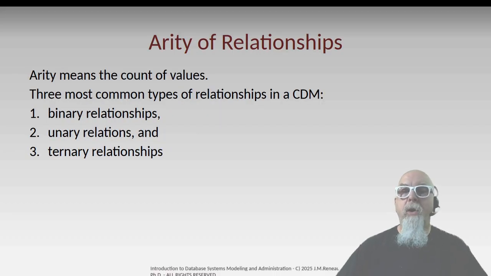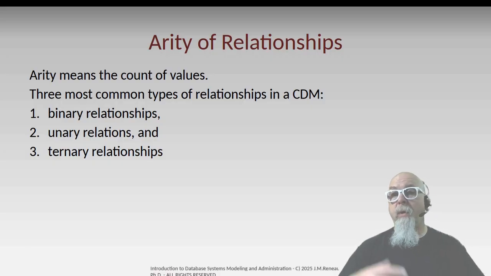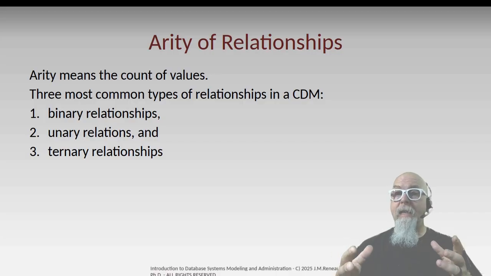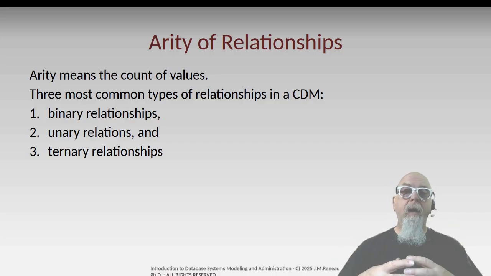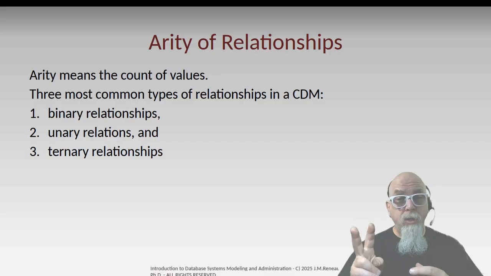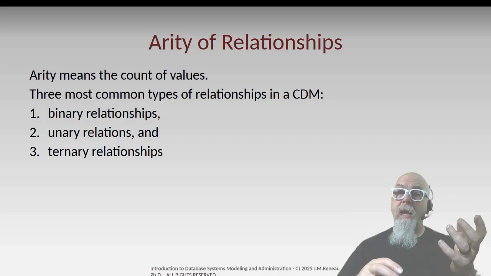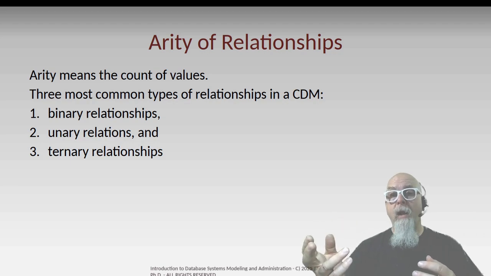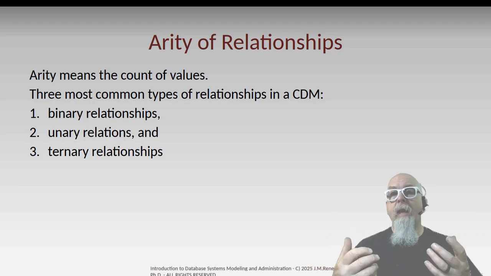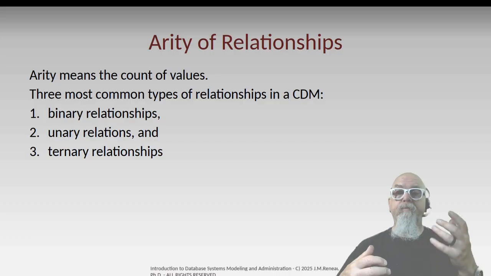Let's define a term, and the term I want to define is arity. Arity is the count of the number of values or entities in a relationship. In a conceptual data model, there are three common types of relationships. There's a binary relationship. Binary means two, so that's where one table relates to another, let's say